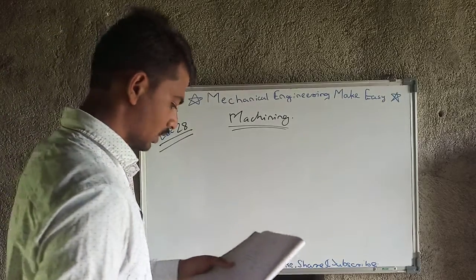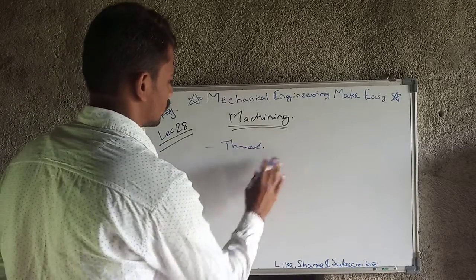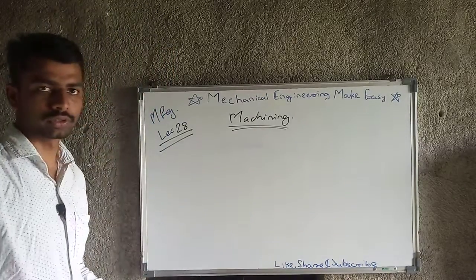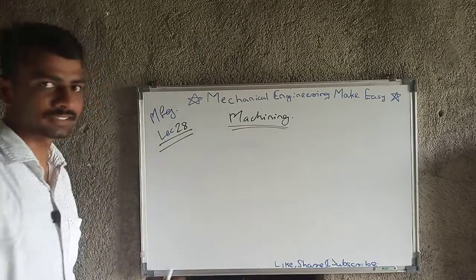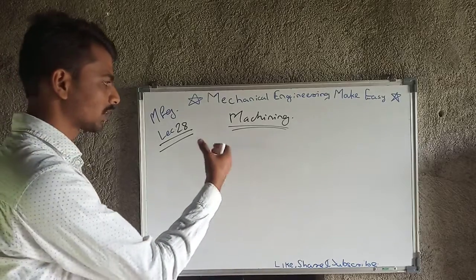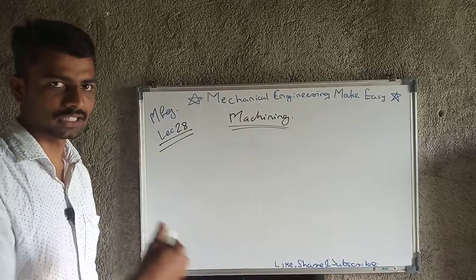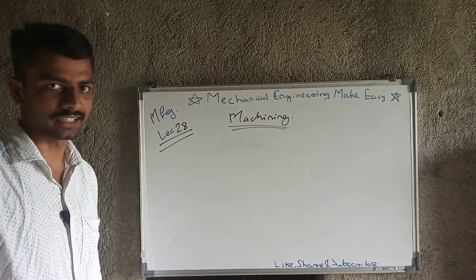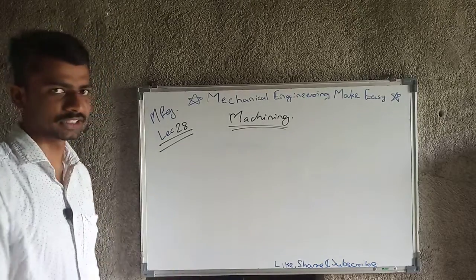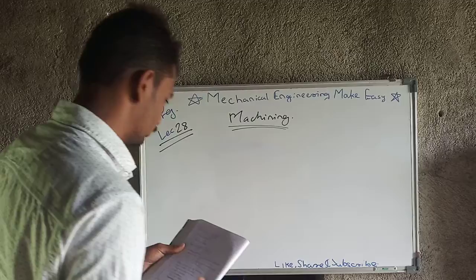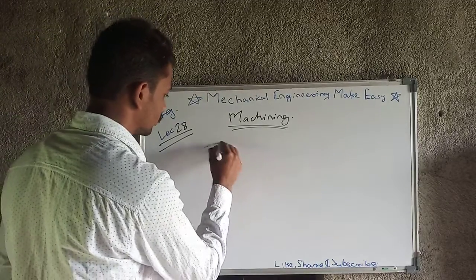That next operation is thread cutting. But before thread cutting, you should know that we can do facing and other operations also, but those operations are very simple. As I am teaching you all the concepts of GATE, I am assuming you have covered all the syllabus up till last year. Up to second year itself we have all the syllabus of the lathe machine. So as per that I am moving with only some important operations. So, thread cutting.